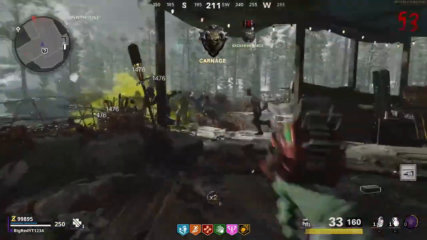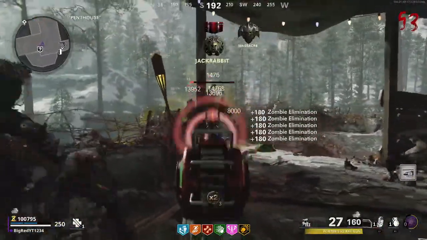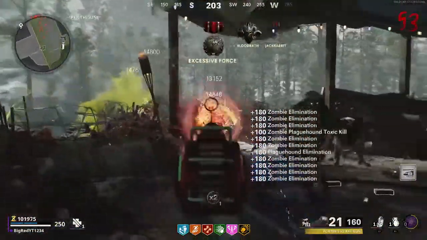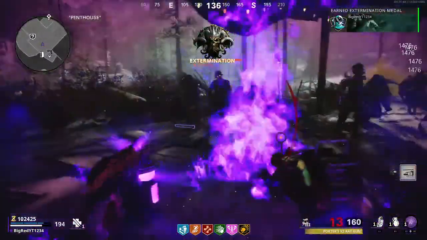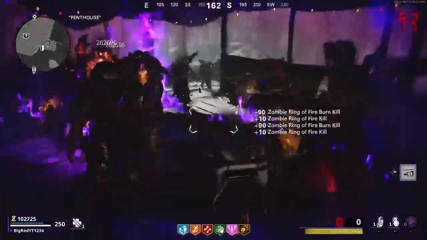How's it going, guys? It's Red, and in this video I'm going to show you guys the current best high round strategy in the new zombies map, Maschine. This strategy can easily take you to round 50, and with some practice it can even take you to rounds